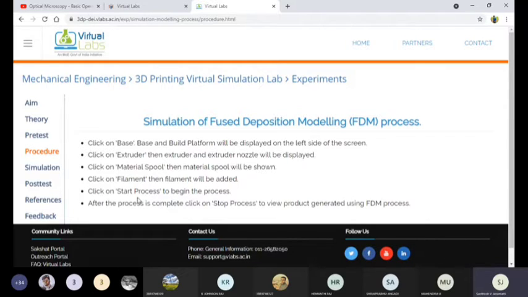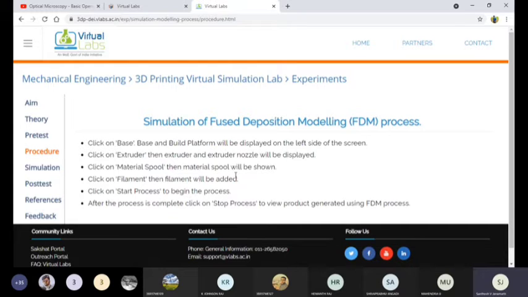Then the next step is start processing, because this is the arrangement of all the required parts for the FDM process. These are very, very important. Step by step, we need to arrange all the parameters and the required assembled parts. Now the machine will be ready to perform.